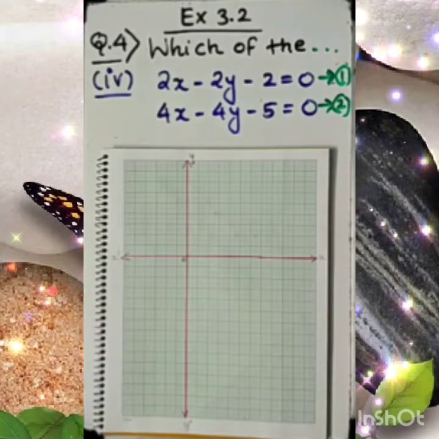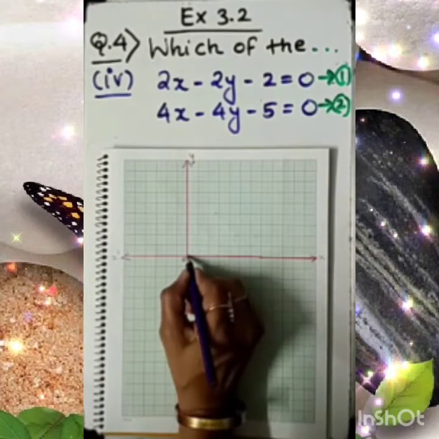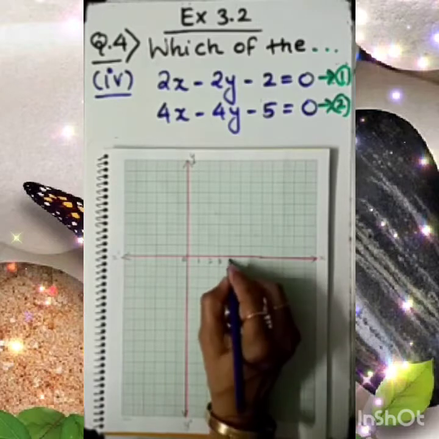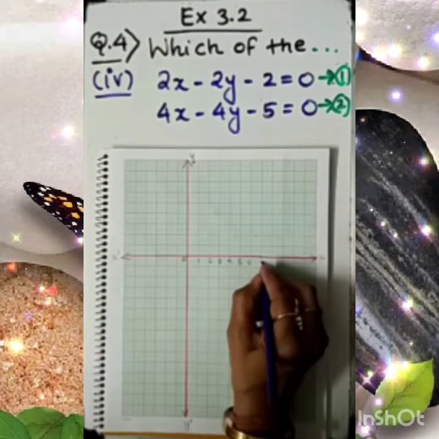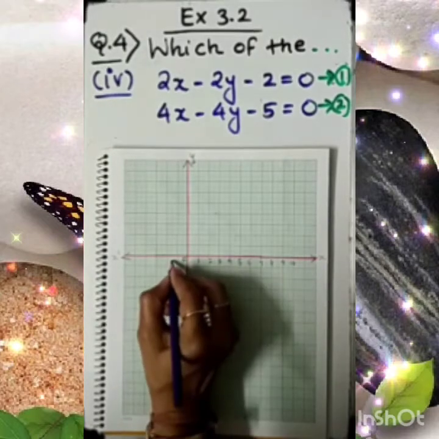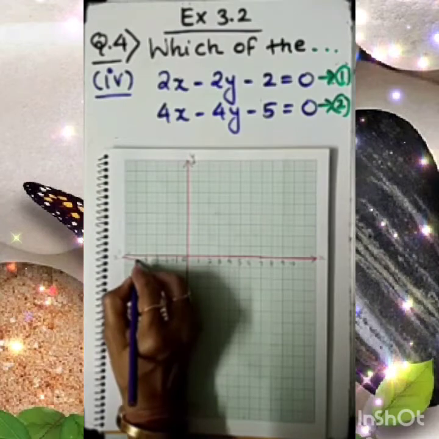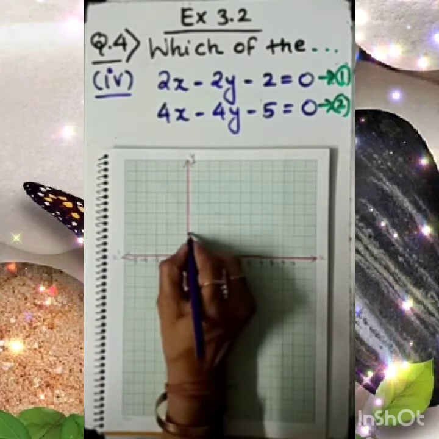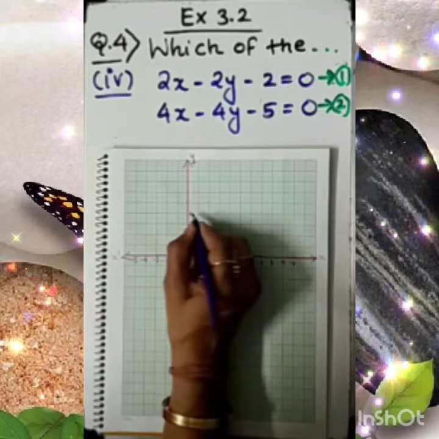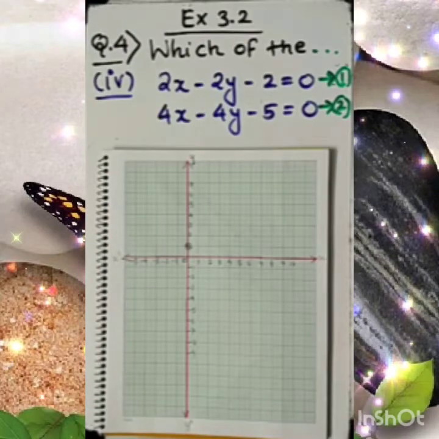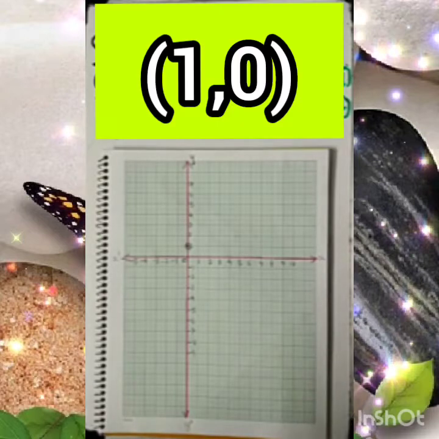The first point for the first linear equation is 0, 1. Of course 0, 1. So before that I need to mention 1, 2, 3, 4, 5, 6, 7, 8, 9, 10. Here negative -1, -2, -3, -4, -5. Here of course 1, 2, 3, 4, 5, 6, 7. So, my dear student, let's continue.